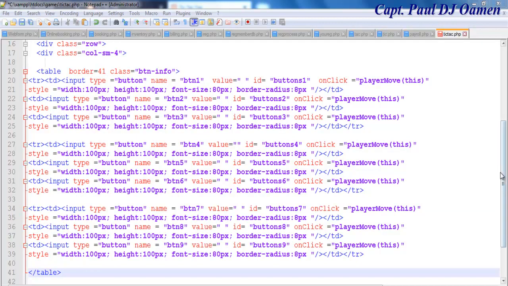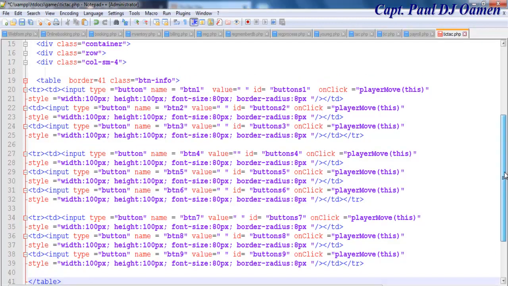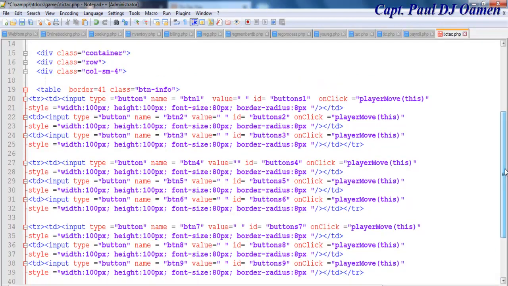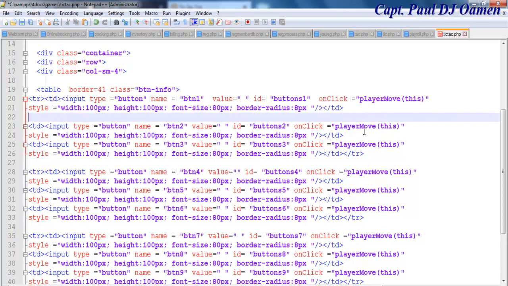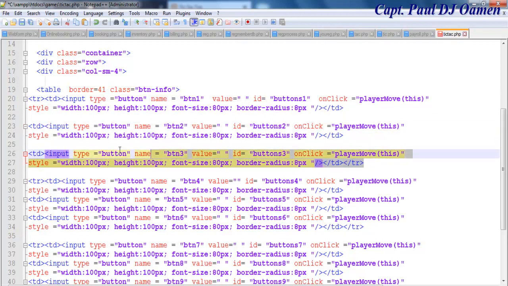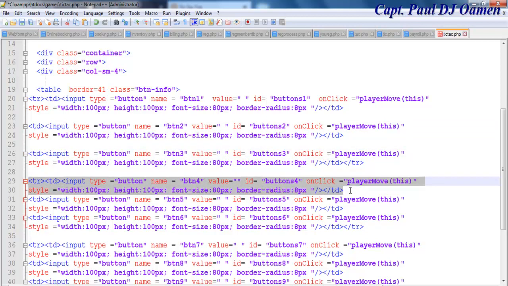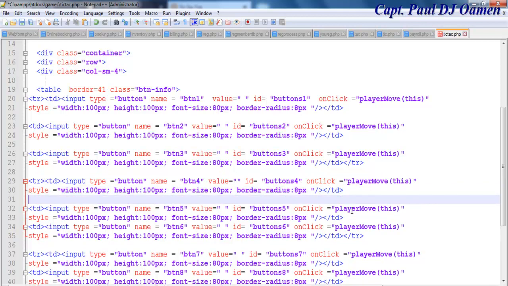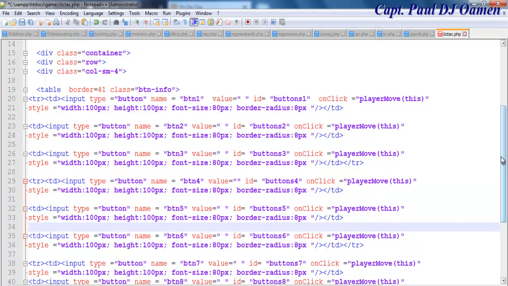Okay guys, those are all the buttons created. Okay, I don't want you to get confused. I actually had to increase the font size so that you guys can see it properly. This is one button on its own, this is another one, and another one here. Okay, and the same thing applies here. Okay, if I add a space, you should be able to understand it properly,